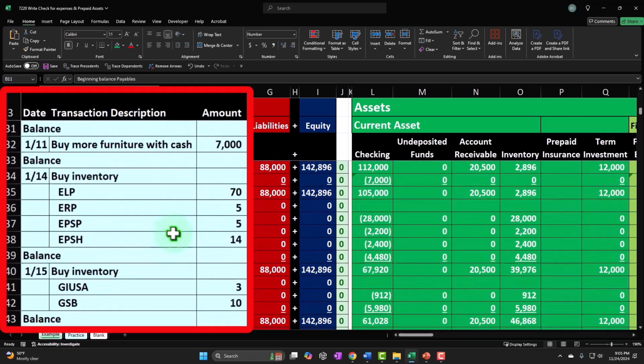Then we went and started doing the business of selling our inventory, in our case, guitars, as well as service items, which we can